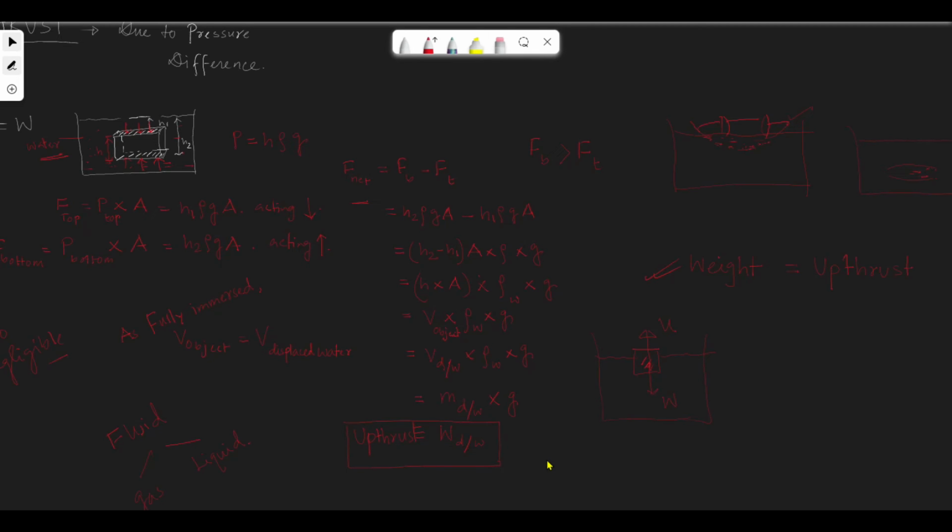The aircraft are flying, maintaining a constant altitude when flying. It is because of this upthrust. We call this upthrust aerodynamic lift. Here you can ask the question: when an aircraft is flying,